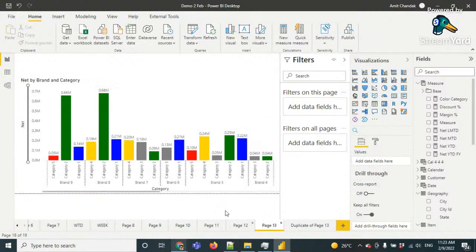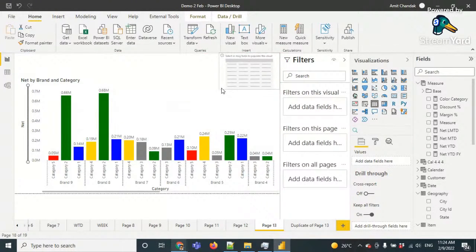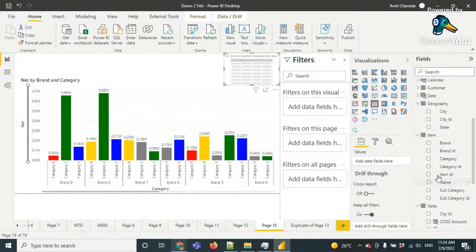So one was this, where inside the brand the category is having the same color, and you can use that conditional format. Means you can put a small table visual, or something where you can show this as a legend. I want to know which category has which color, because all the categories are not available here. So what I can do here is go here, put a small table visual, and I put category into it,